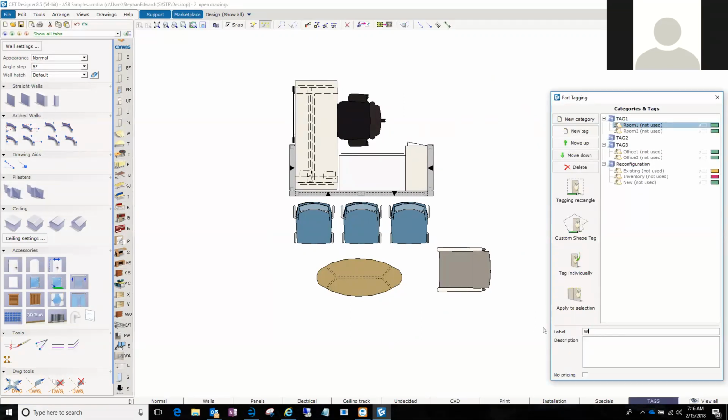Okay, so I'm going to do tag 1 and tag 2, okay? Because tag 1 is something that will be important for sales and also design. So I've got seating 1, and I'm going to do this. I'm just going to call this special. Oops, spell that right. Okay, so I created 3 tags here, and basically,